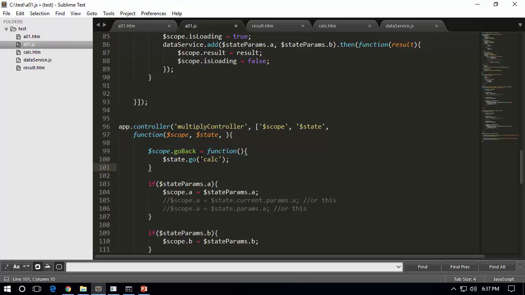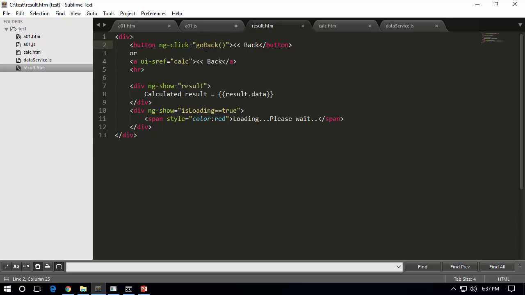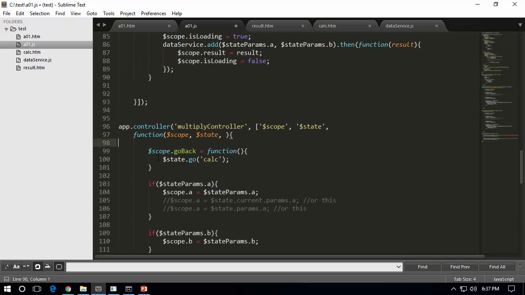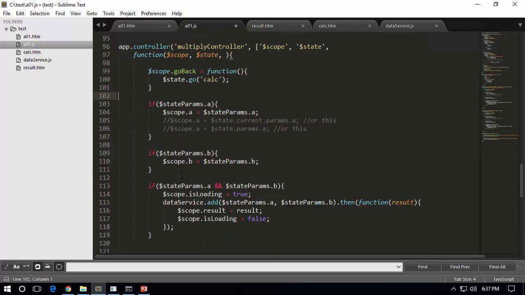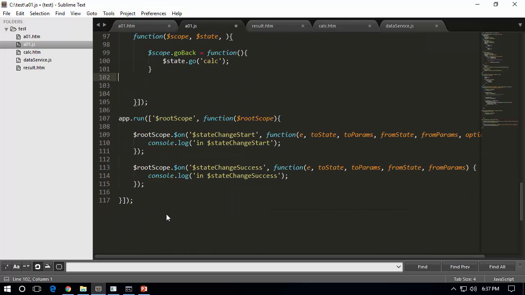Of course I need to use go back because I have two buttons as part of my calculate HTML. So not this one, the result.html. So I have this go back. So this go back needs to be still working, so I have that one here. So that should be good enough. So let me remove everything else. Okay,